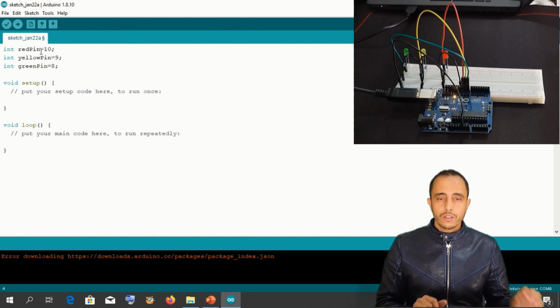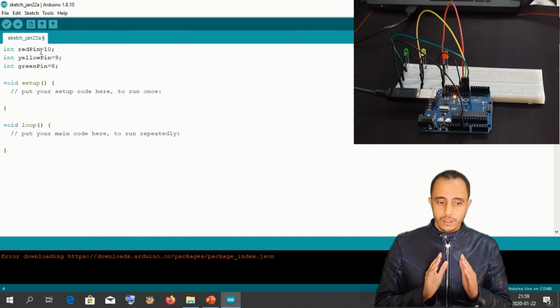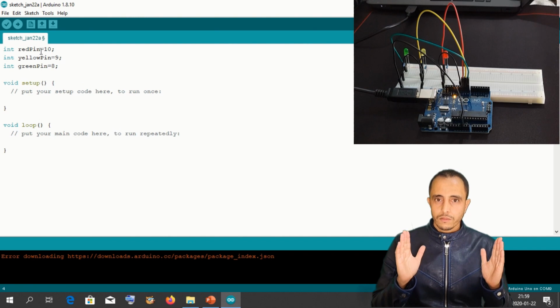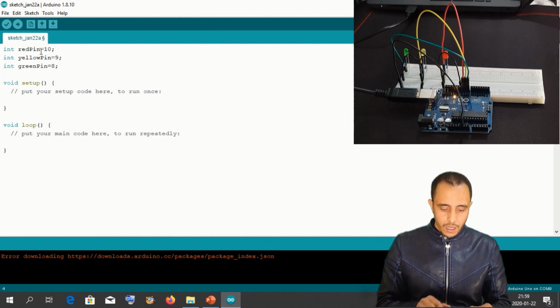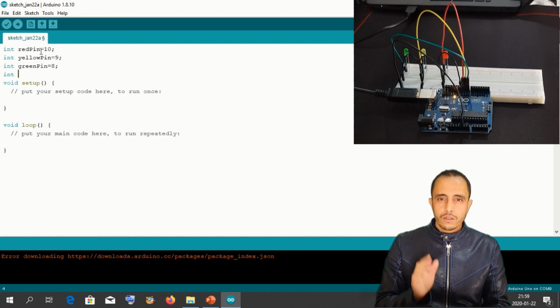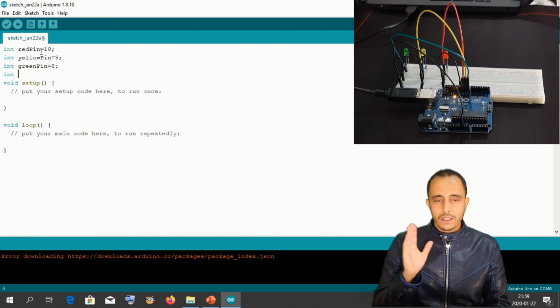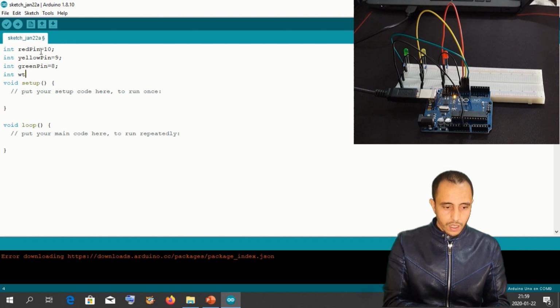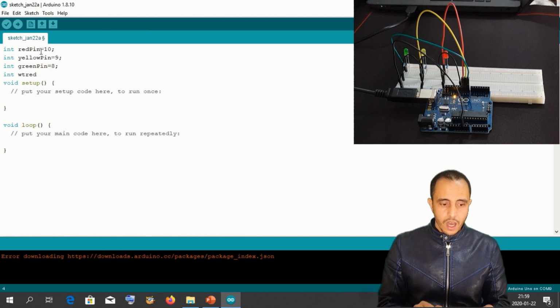Now I'm going to define the global variables for time. Int, okay, we're going to name it wait time. So WT for the red light. So WT red equals, we said,